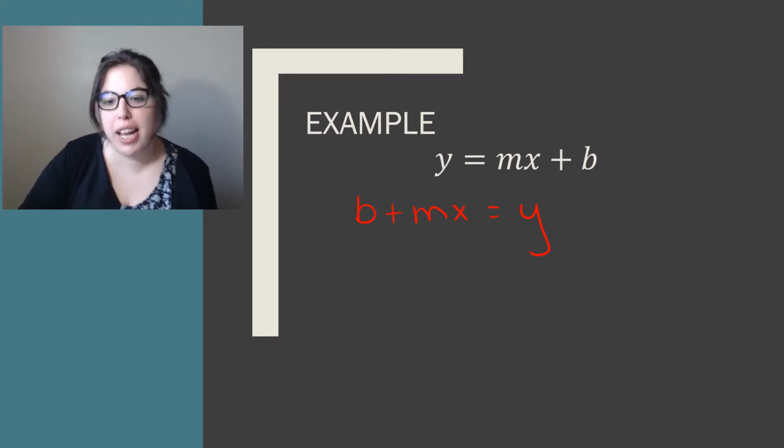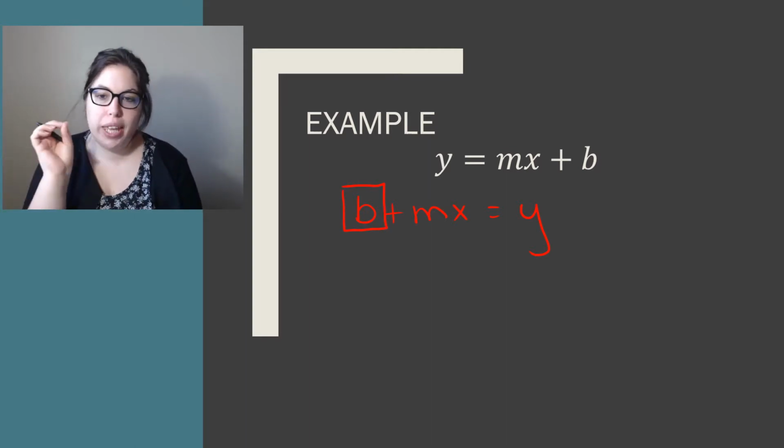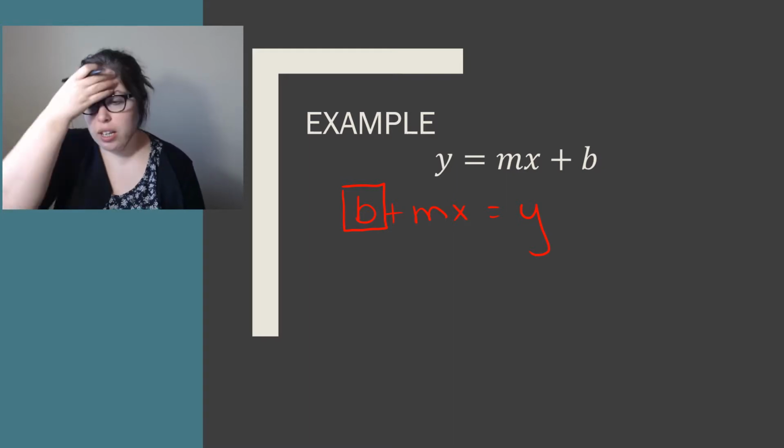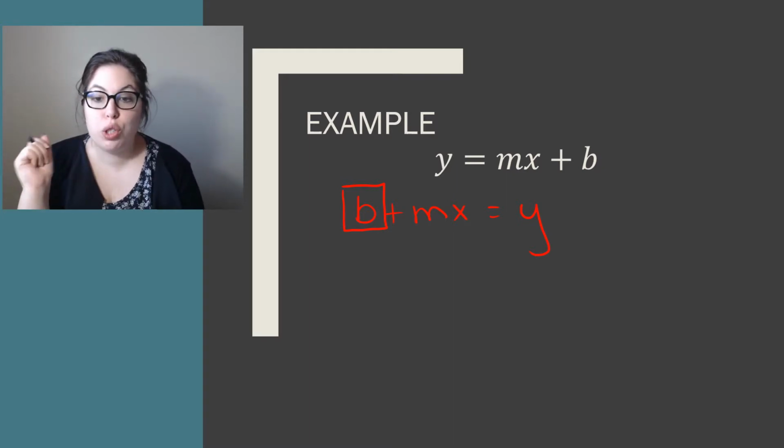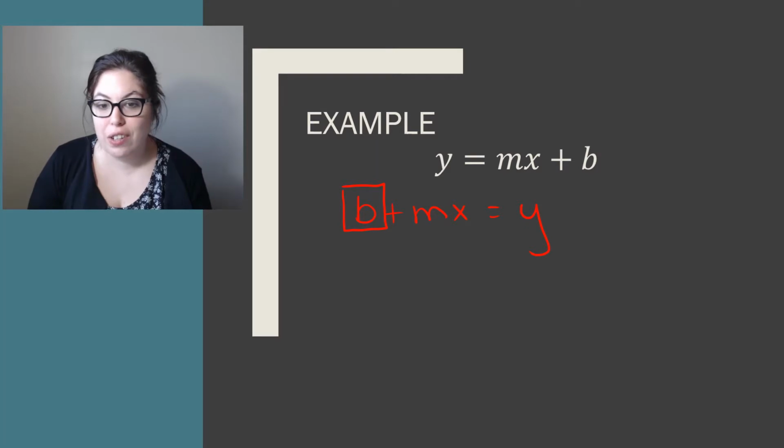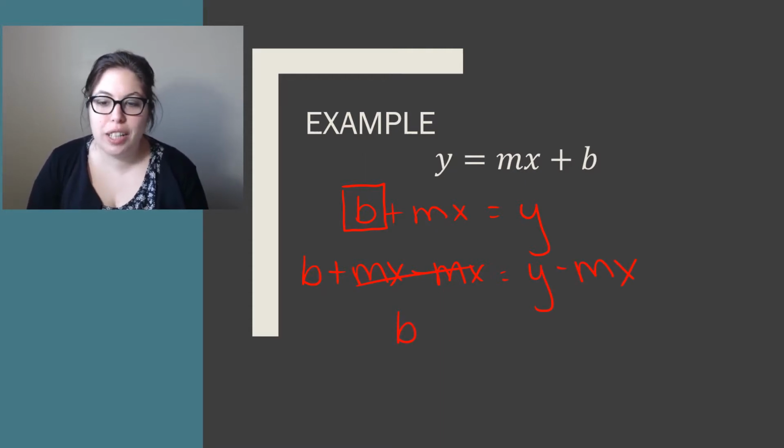Okay, so I'm trying to isolate this b. All right. So the mx is adding to the b. So I am going to subtract it from both sides of this equation. So it's going to look something like this. All right, this is going to cancel out, leaving me with the b, and all I have is y minus